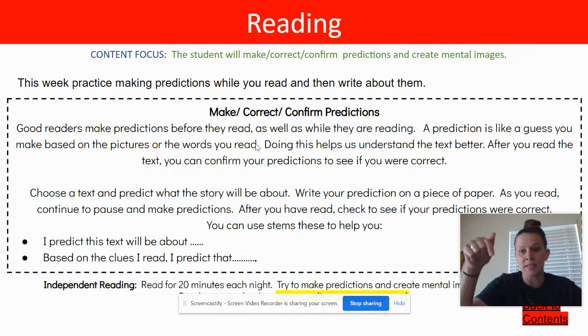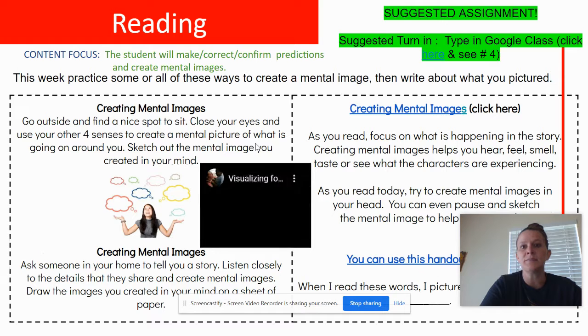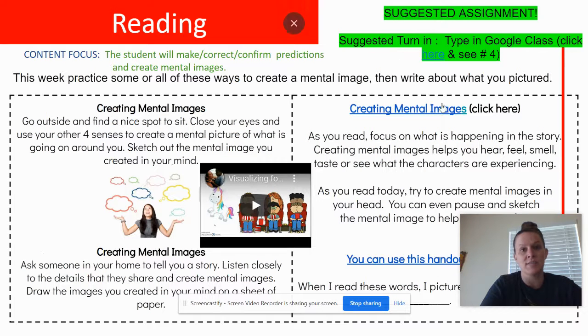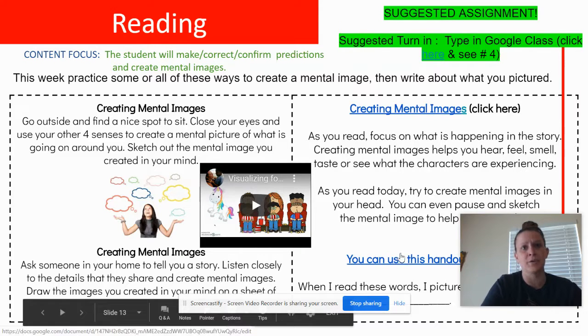Okay, I'm going to click my arrow and go to the next slide though, because here I see the suggested assignment. Okay, so remember, you only need to turn in one thing to me each week for reading, just like in math and everything like that. You have one assignment to do each subject area. So in reading, this is the one that I'm suggesting you do. And there's a big arrow, and I know I'm kind of in the way right here, but there's a big arrow that goes down to this handout. Okay, so this handout down here is going to help you with your reading this week, and I'm about to go over what it is.